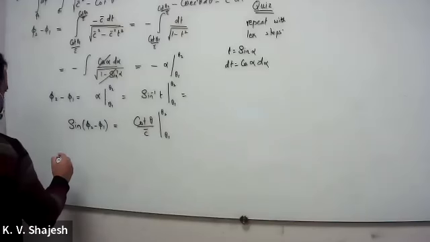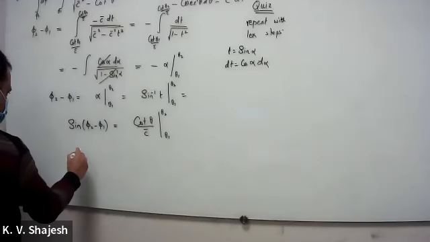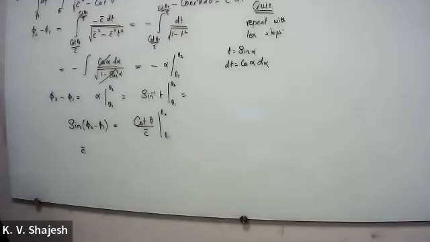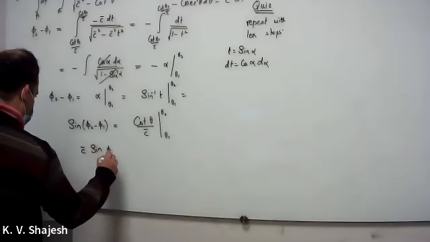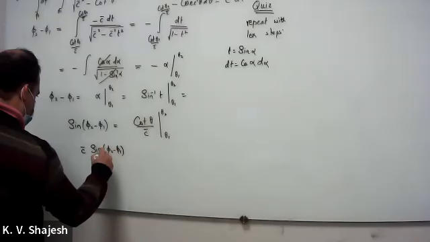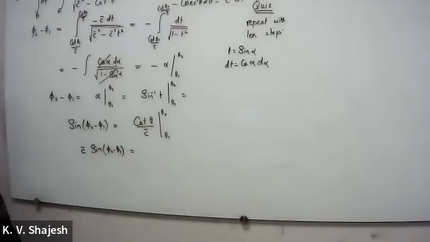We'll proceed. So C bar sine of phi 2 minus phi 1 is equal to